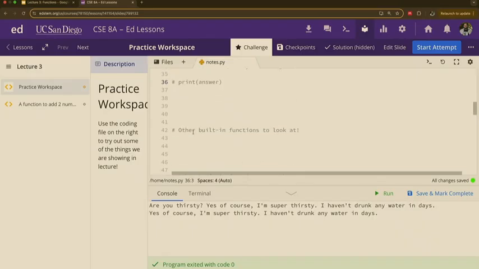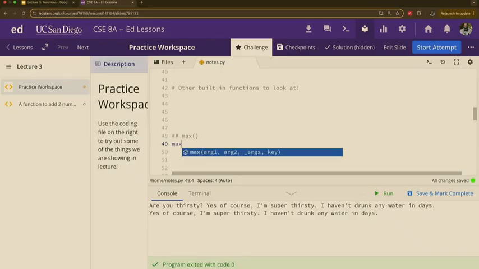There's also other built-in functions that we could be looking at. Some things that we haven't used yet, but are very useful whenever we're working with programs. One of them is called max. Max is something that grabs numbers and gives you the max number, right? It's just going to give it back to you.